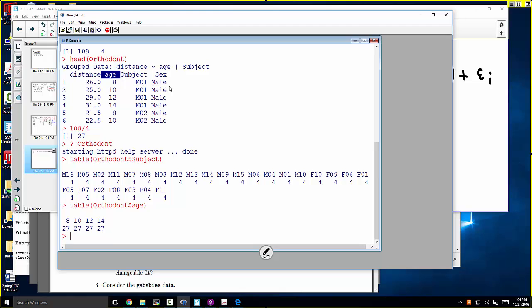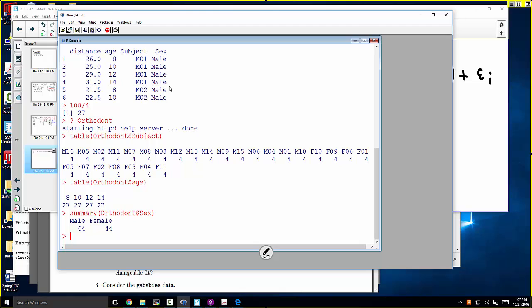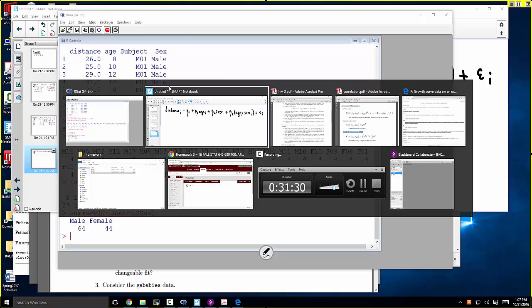Whenever you have a factor, a categorical variable in R, like sex is, if I say summary orthodont $sex, what it's going to do in the regression model is pick the lowest alphanumeric level of this categorical variable to treat as a baseline level. And the other is going to be compared to that baseline level. What that means is